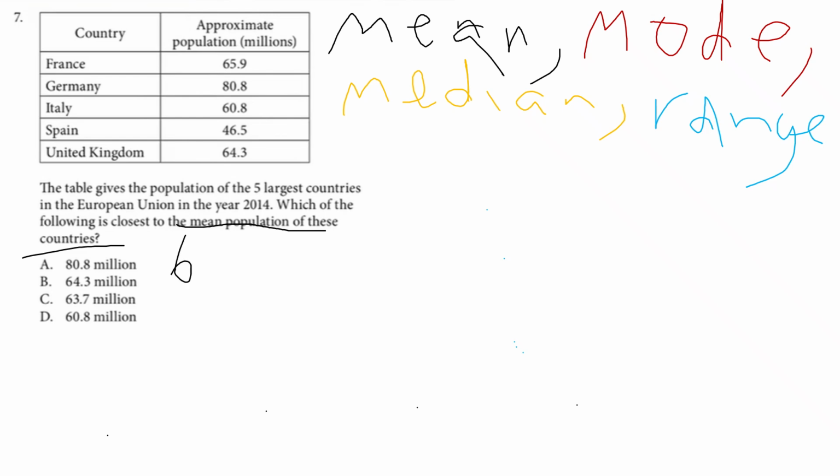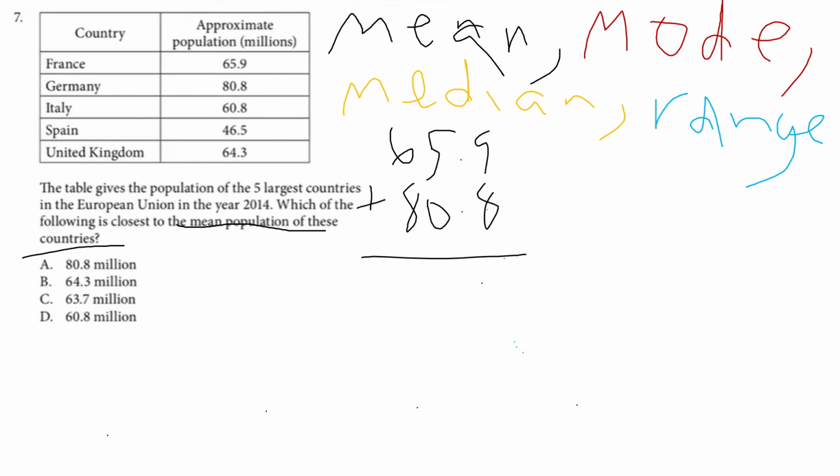So we're going to do, and we don't really need it to be in order, 64.9 plus, and maybe it'd be helpful just in case you don't have a calculator, I am going to add these up one by one. So 65.9 plus